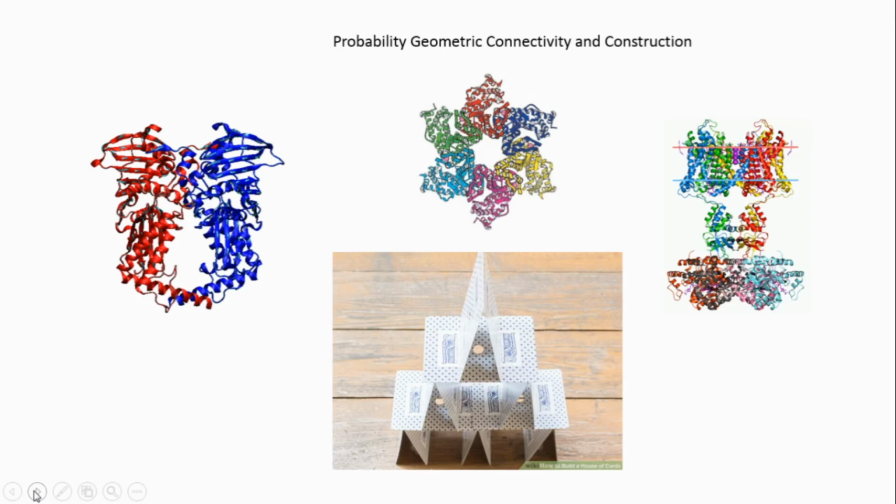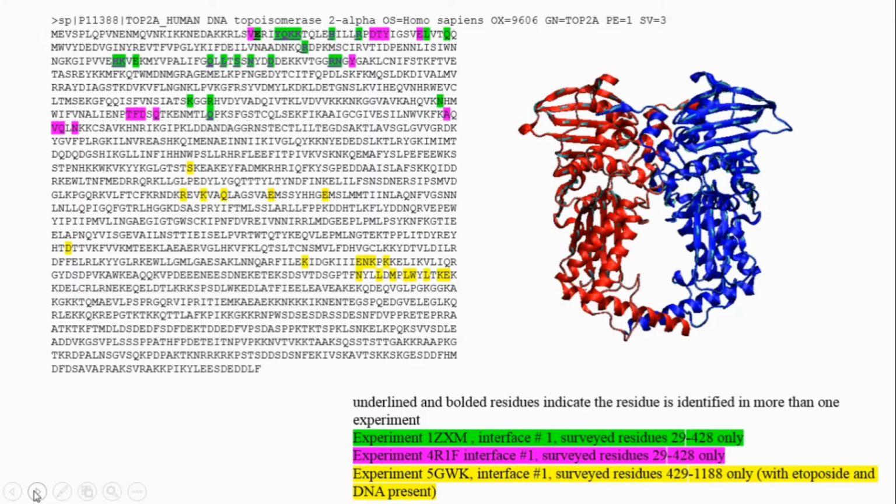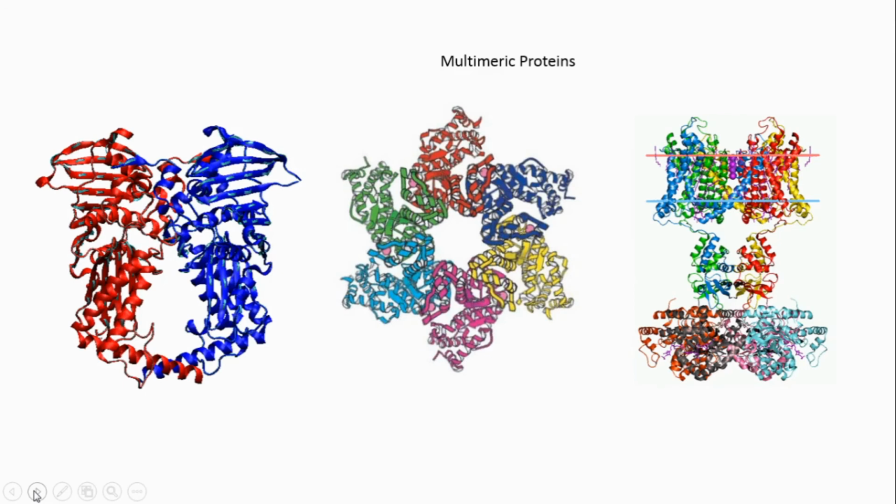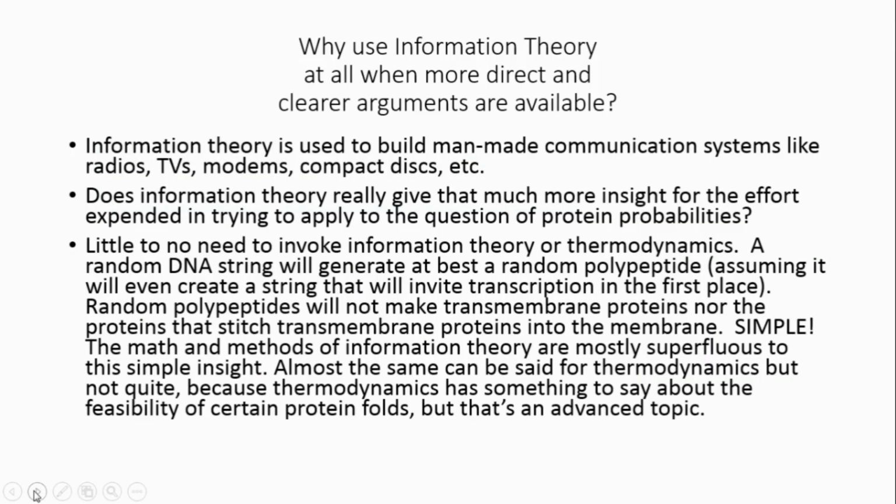So the issue of probability is the geometric connectivity and construction, and it's especially poignant in the protein realm because it involves solving and relating the protein folds to the sequences, and that is a non-trivial problem. It's computationally beyond the reach of our capabilities to compute for non-trivial proteins, non-trivial folds. So again, I'm just showing this picture of connectivity. And so what do I have to say?